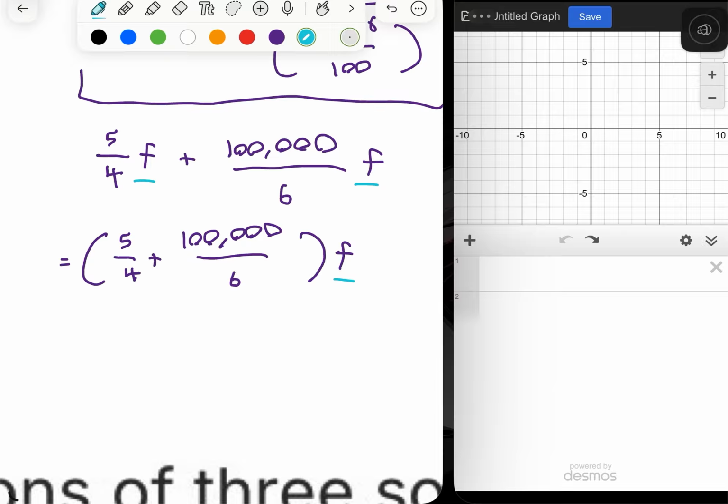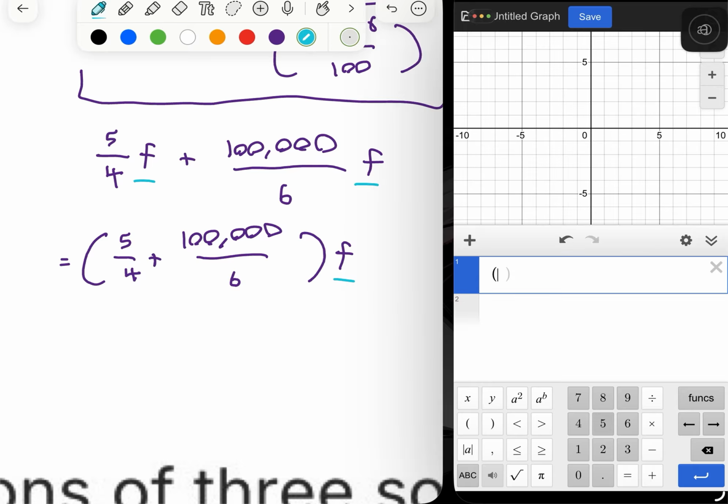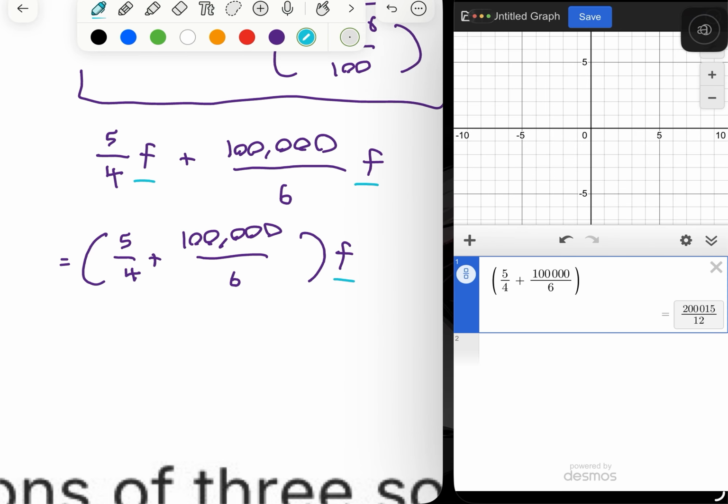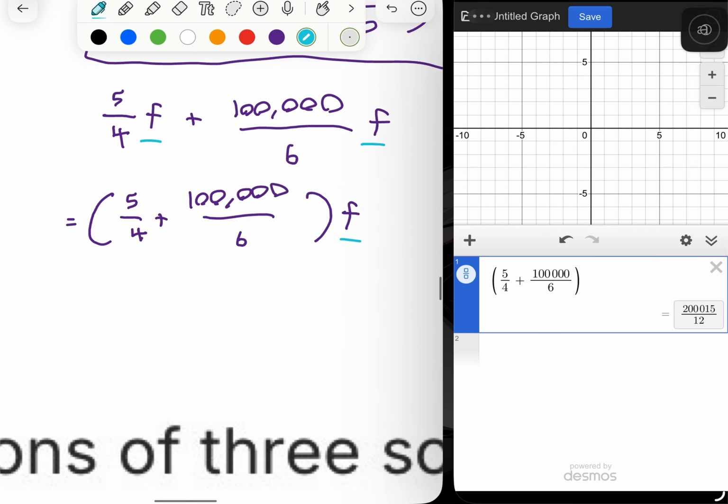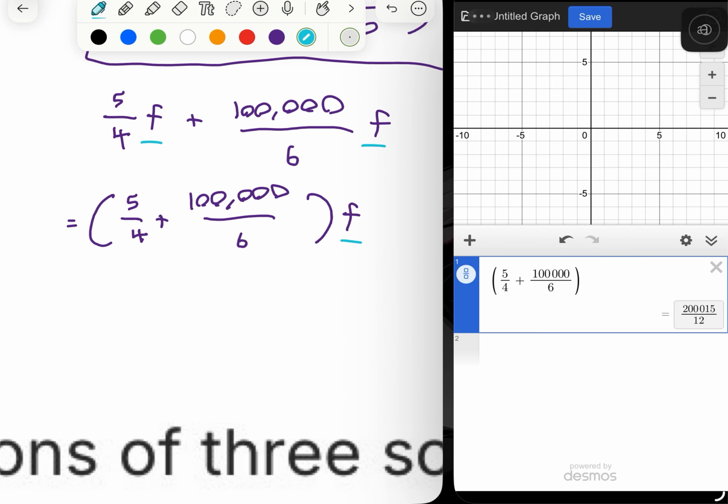So if you use decimals here, you get 5 over 4 plus 100,000 divided by 6. And at first you might start panicking because you see a decimal answer, but once again, there's this fraction button that is really nice. It's pretty cool actually that it converts it into a fraction. You have that fraction value now, which is 200,015 over 12, and then times that f,